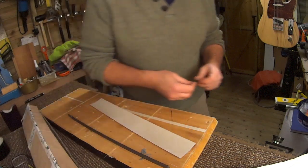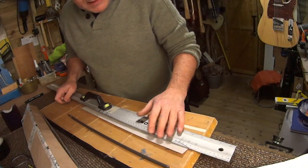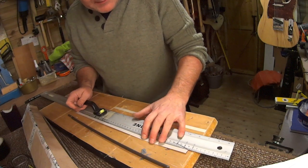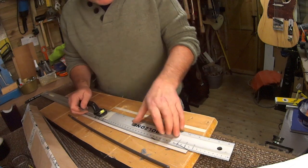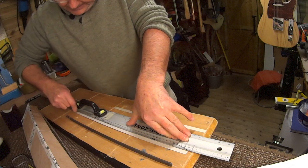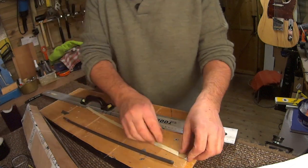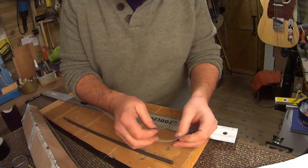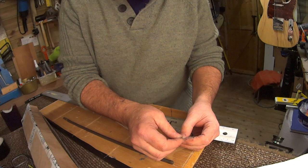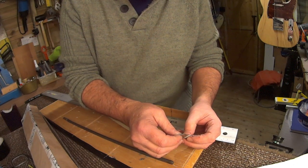So I'm going to cut a strip of this self-adhesive sandpaper just a bit wider than the flat bottom of the truss rod. I can always end up wasting a little bit here. Okay, and that's longer and wider. So then I'll take off the backing. This is 400 grit. I've got some 220 grit, which I probably will end up using at some point when I run out of this, but